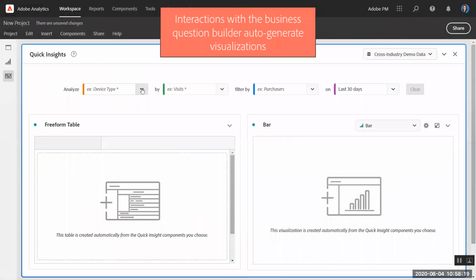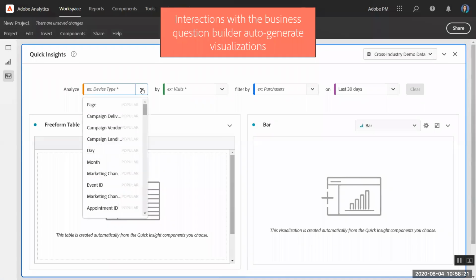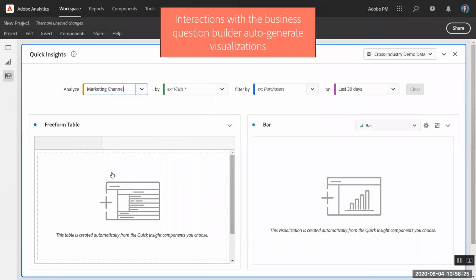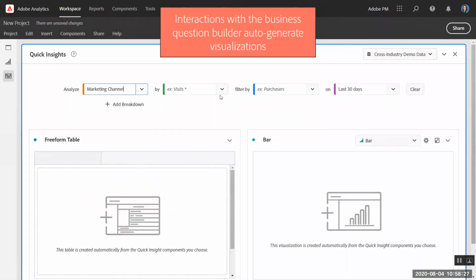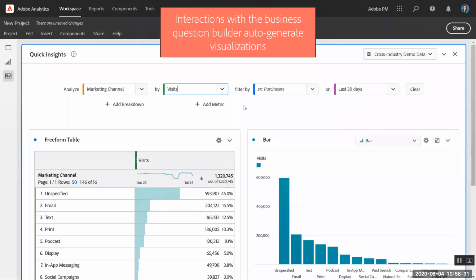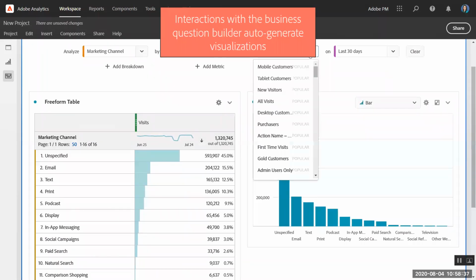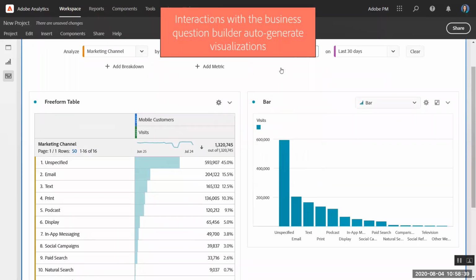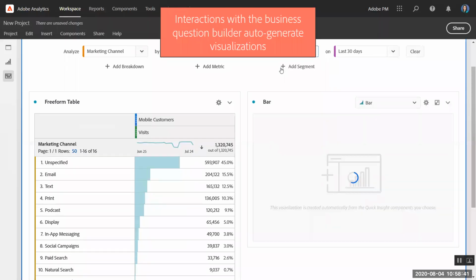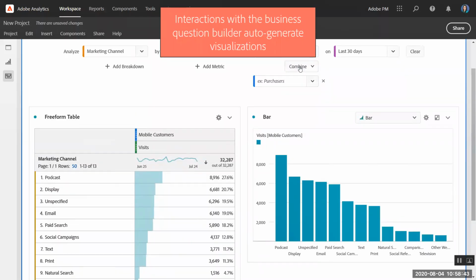So within the Quick Insights panel, users build out their business questions by selecting from the drop-downs. And as they make their selection, the table and chart below will automatically update. So they don't need to learn how to build a table or then add a visualization on top. They essentially fill out what I like to call the Mad Libs generator up above, and it will automatically create